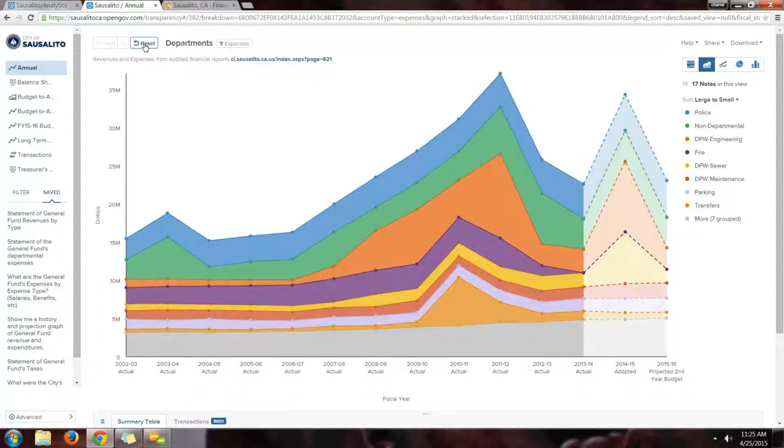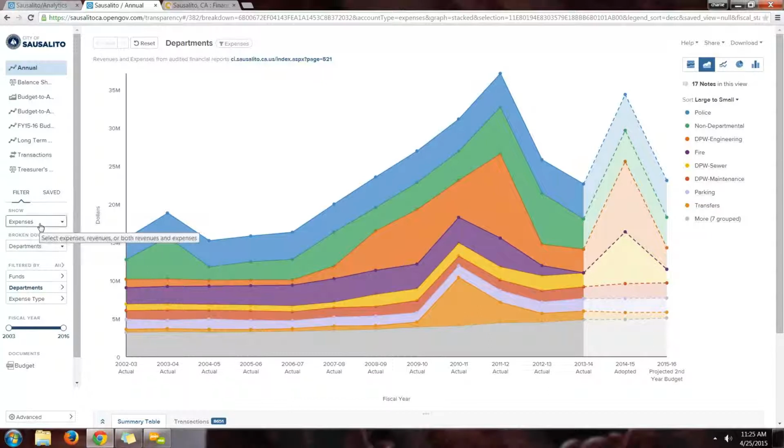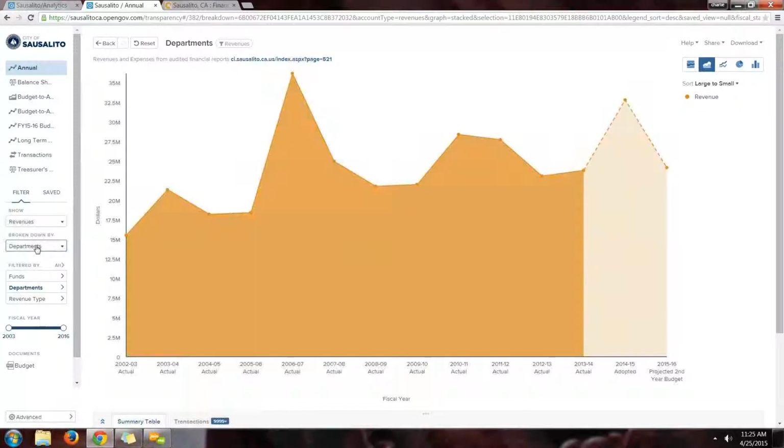Now, the real power of this tool, though, lies in the filters. So let's click on filters. You're now able to quickly change the data from looking at expenses by departments to revenues by departments, or revenues by revenue type,